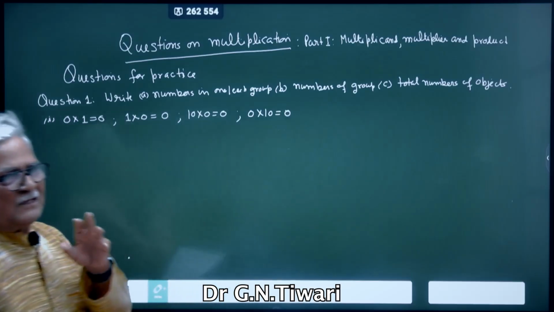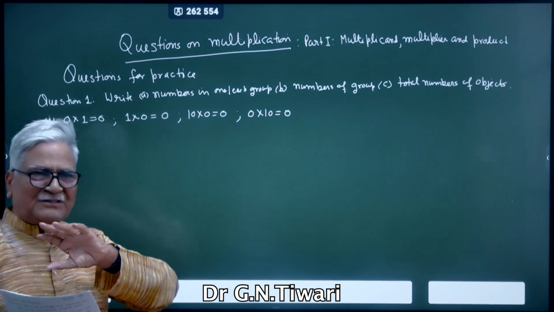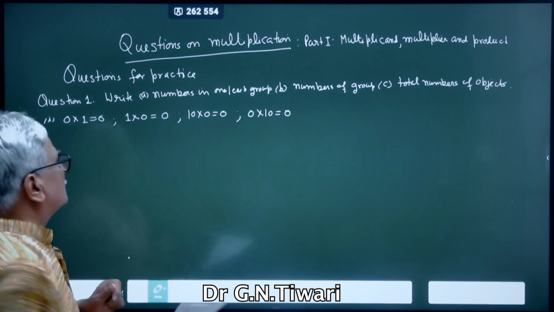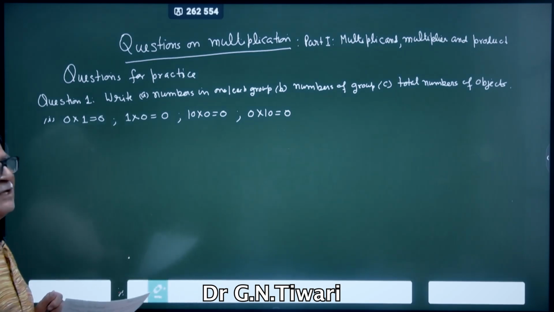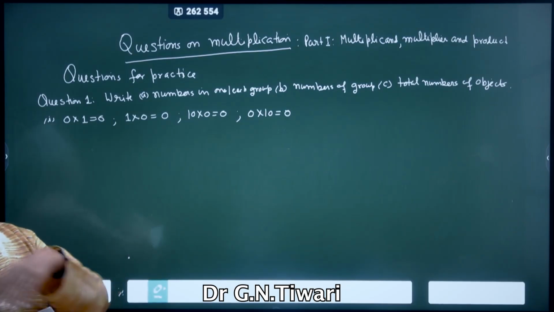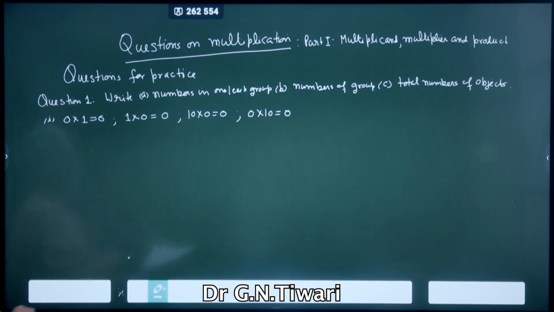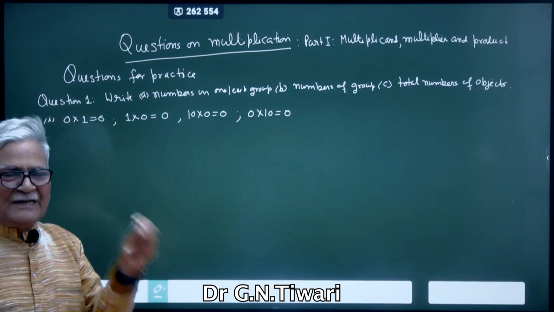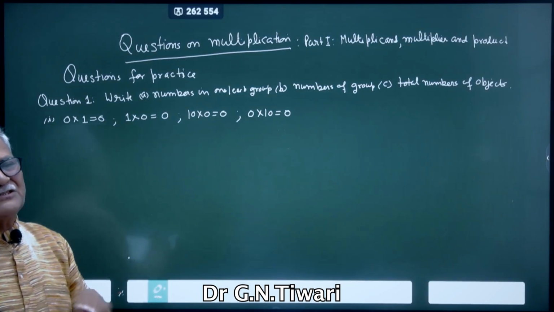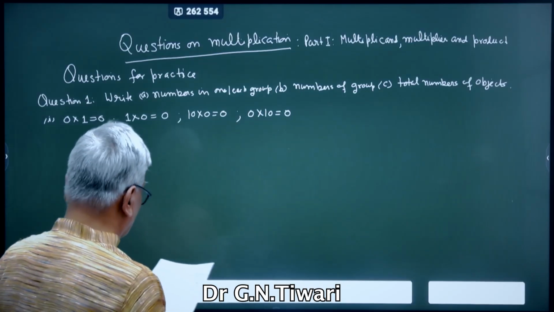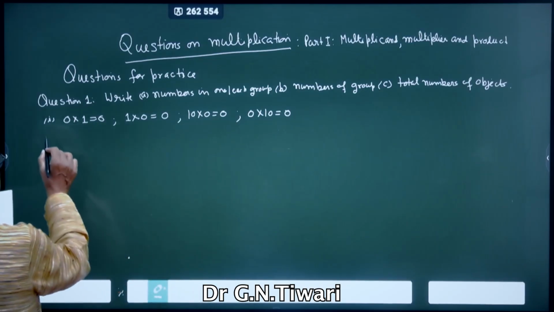Now there should be a physical explanation. There is a mathematical explanation, there is a physical explanation. Suppose there is 1 bucket and there is no mango. तो फाइनल क्या होगा? 0 mango होगा. Similarly, if there is one mango in a 0 bucket, means there is no bucket, so वो भी 0 होगा. Similarly like this.